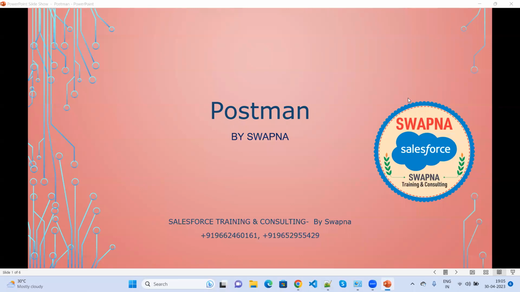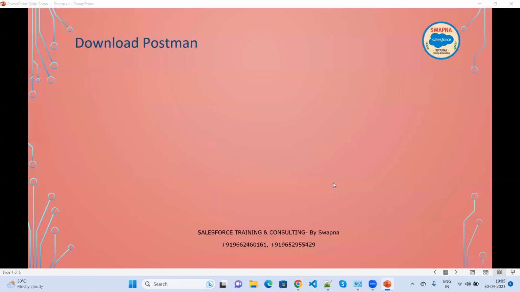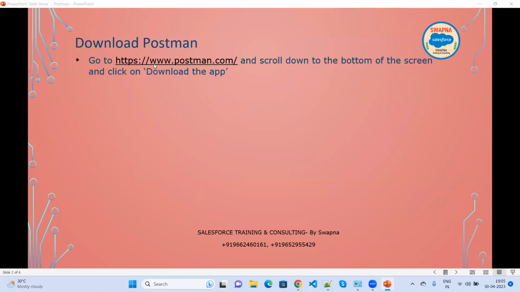Hi everyone. Today let's see how to install Postman, how to set up Postman for Salesforce. So the first thing, we need to download the Postman. In order to download, go to the